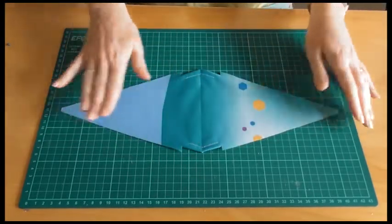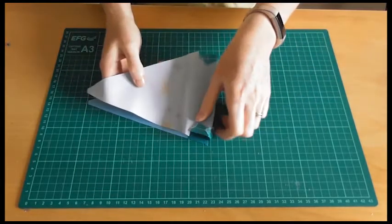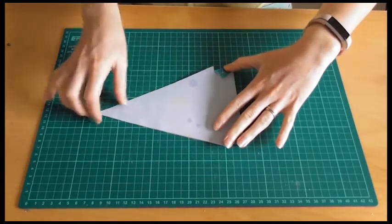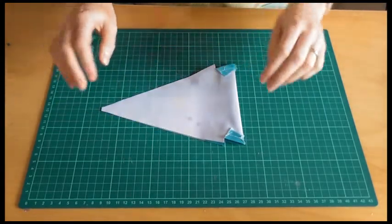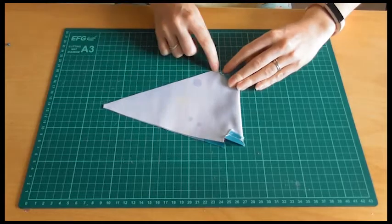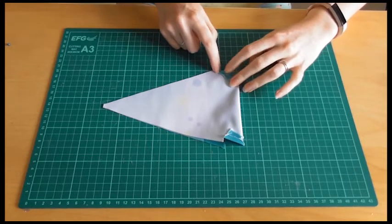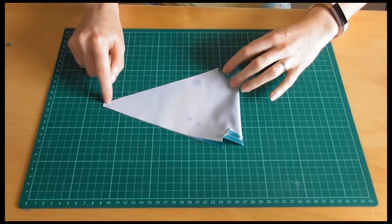So flip it over so that you've got the top facing you, and fold it over so that we have got the faces together, like that. Now what we're going to do is sew along this edge 1/4 inch in, so basically in line where this cut is. So we're going to start here, go forwards backwards at the start, go all the way down here,